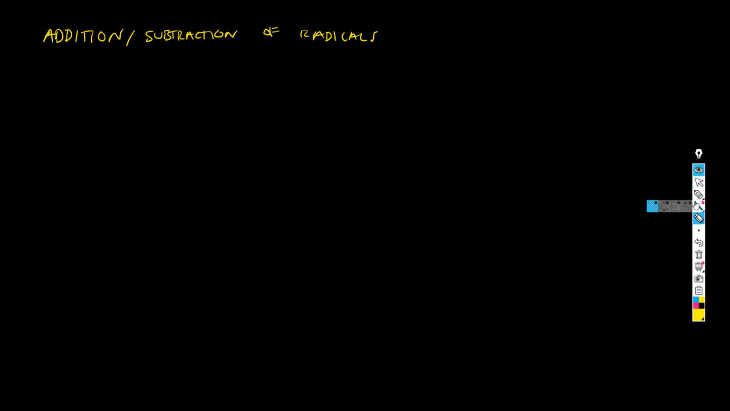So first example, example number 1: 2 times the square root of 2 plus 4 times the square root of 2 minus the square root of 2. Okay, so all I need to know is this: